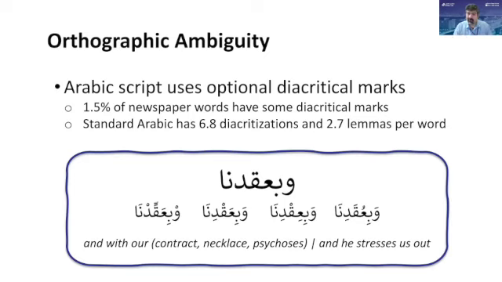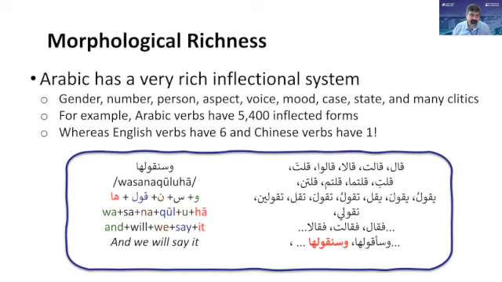Now, this is kind of a problem when you're, of course, analyzing Arabic, but it could be, of course, an advantage, one could argue. When I'm generating Arabic, if I make a mistake, is it a contract or a psychosis? It doesn't really matter. Here, honey, here's a necklace. Here is some psychosis for you, right? I mean, maybe she will figure it out on her own in that case, and it will be resolved. But when you're analyzing, of course, it is a bigger problem.